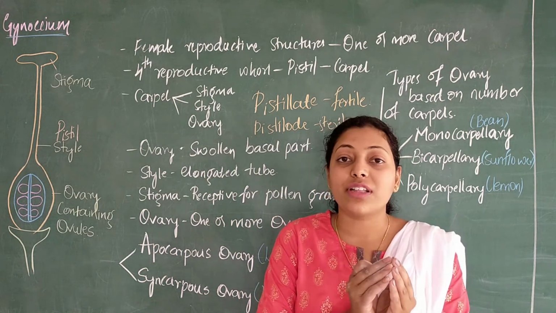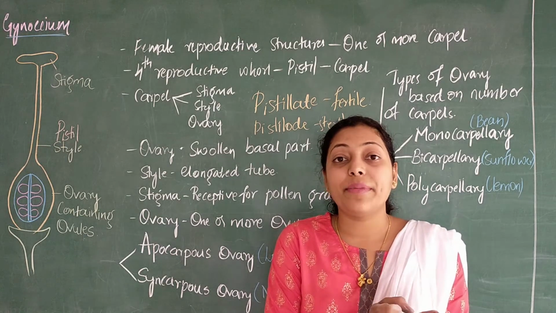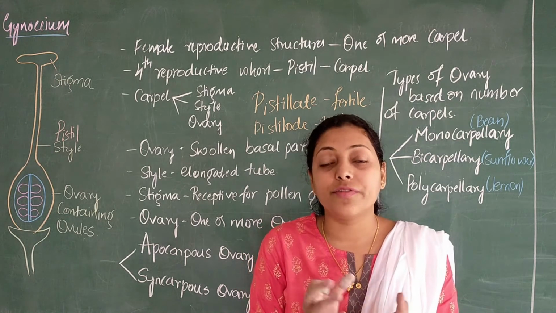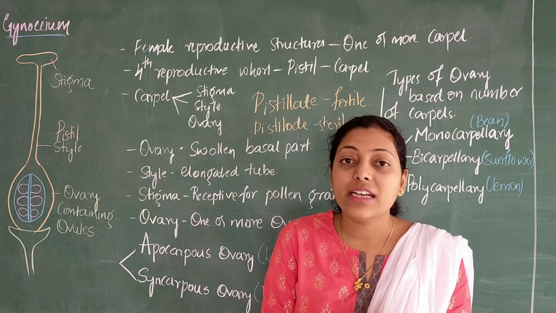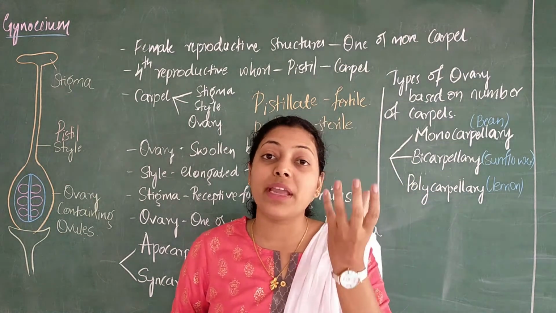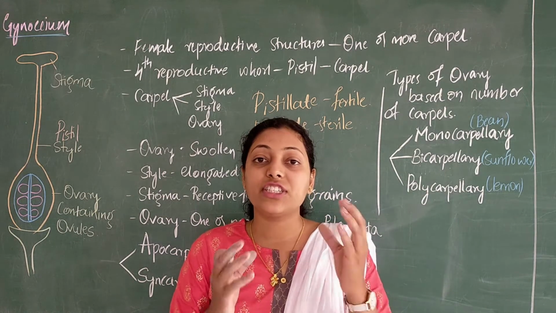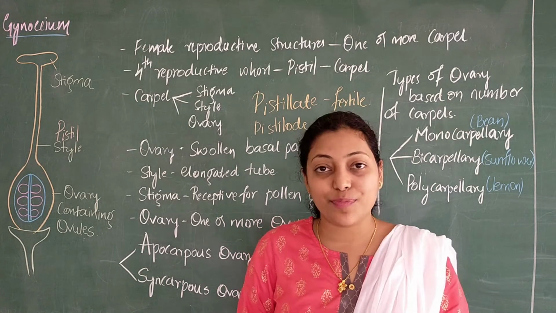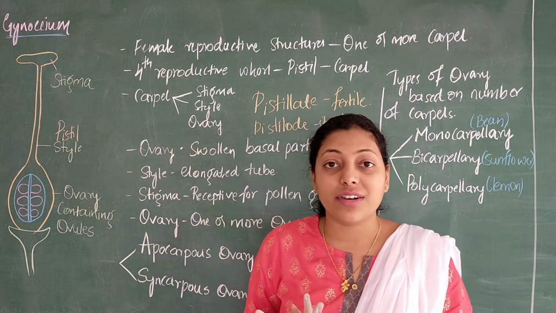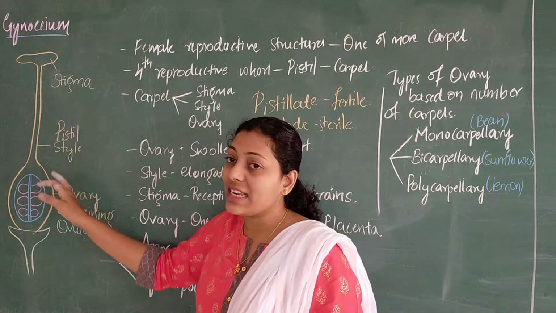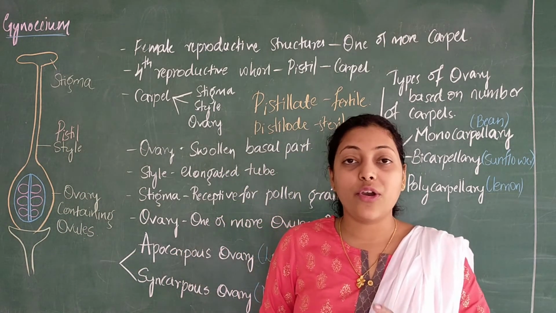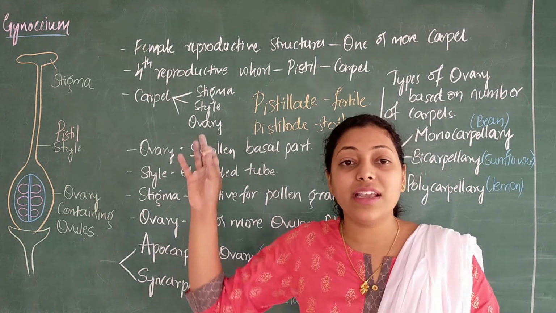Here we saw that in the male, the male gametes were pollen grains. Pollen grains were contained in pollen sacs of the anther. The complete structure of anther and filament is called the male reproductive structure, which in turn consists of male gametes called pollen grains. In the same way, coming back to the female reproductive structure, we have stigma, style and ovary. The ovary consists of ovules. Ovules may be one or two in number depending on the flower.